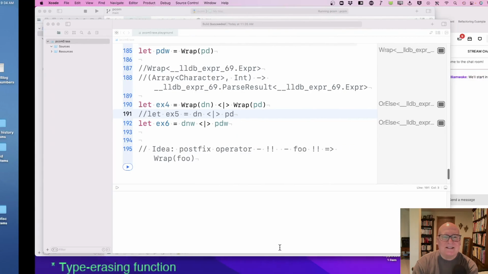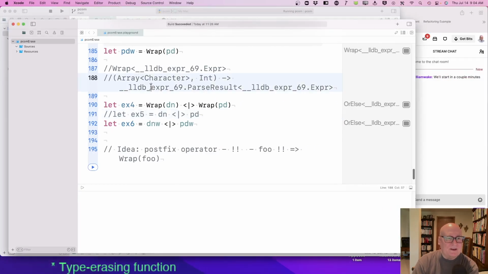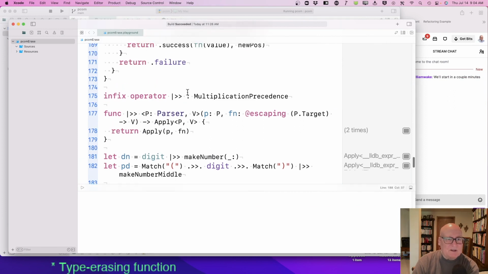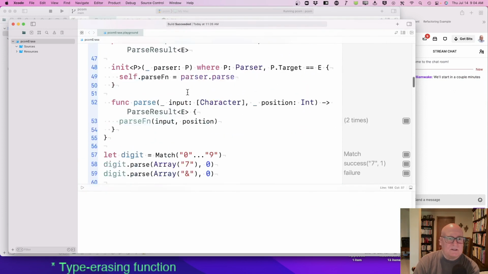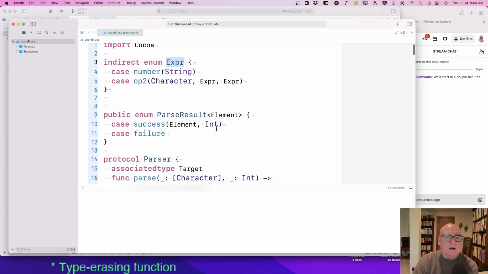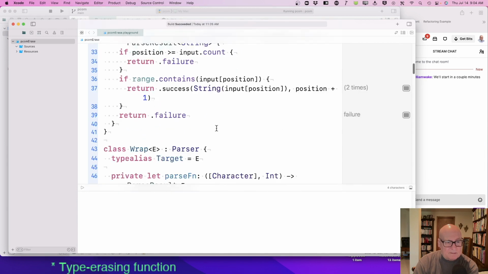Okay, so we're back here. Let me catch up a little bit. Let's just start at the top. We have an expression type. Indirect enum says it builds up tree structures. So you're either a number, which is a leaf, or you're composed of some sort of operator like plus and two children expressions.